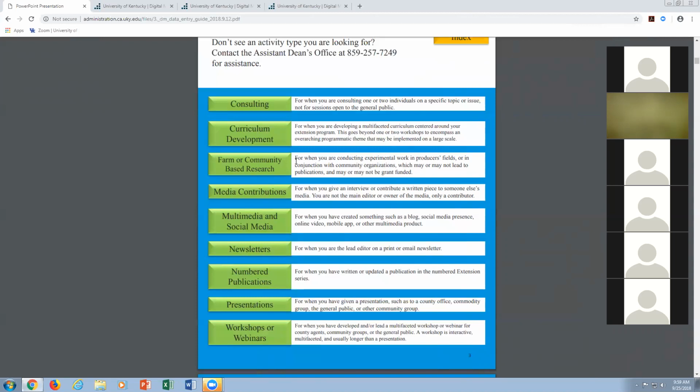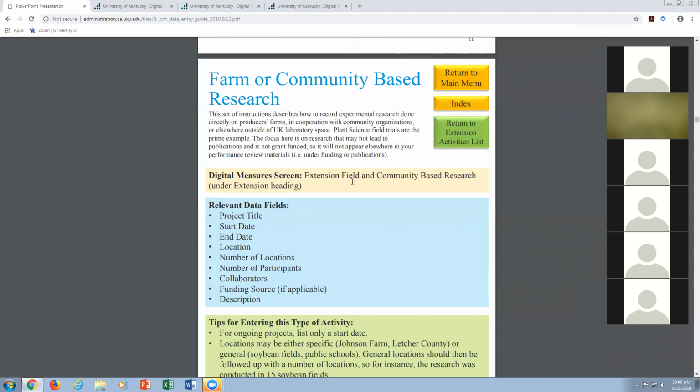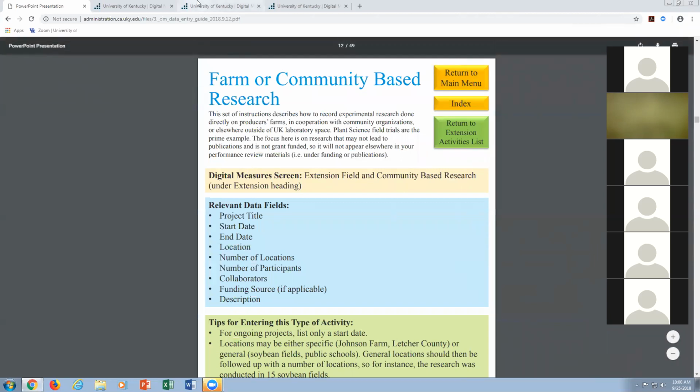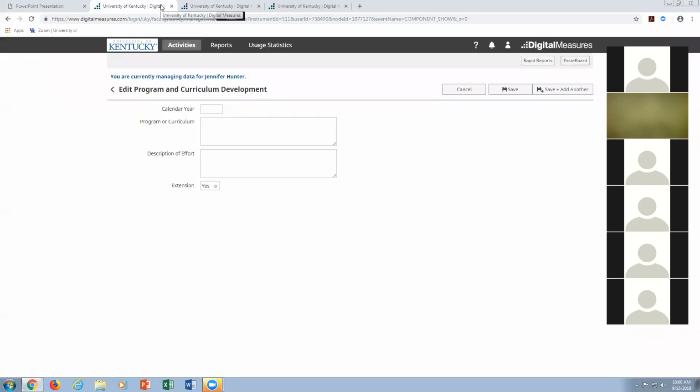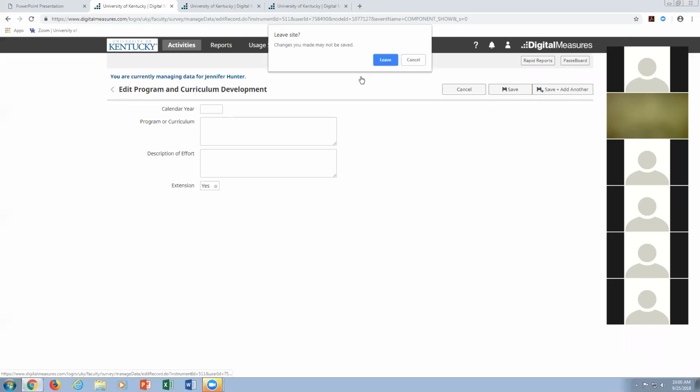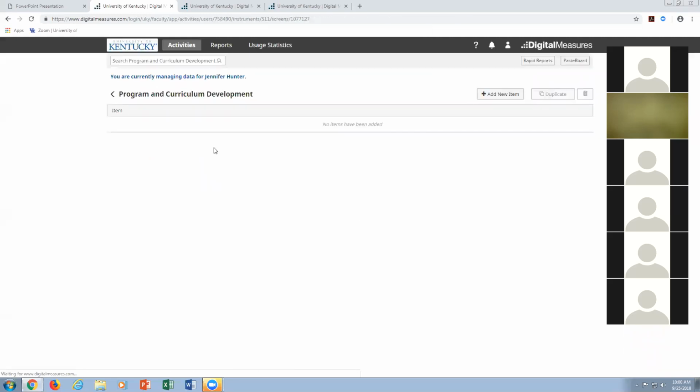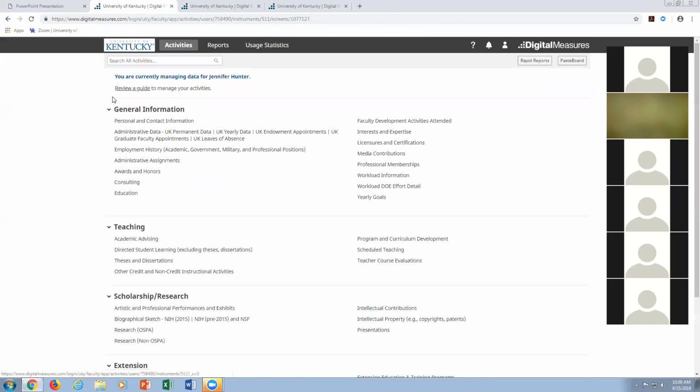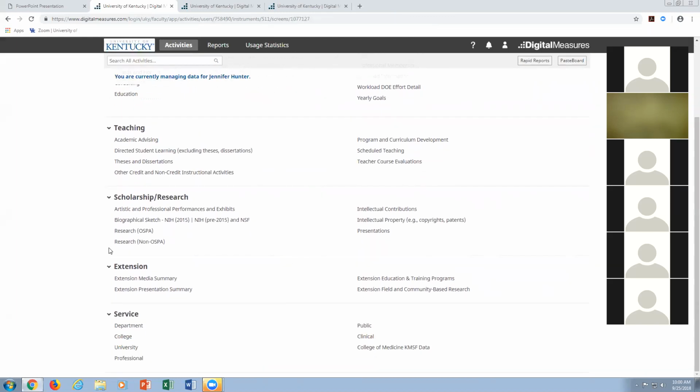So other research that wouldn't appear on your CV elsewhere if it weren't for this screen. Again, the main example of this would be field trials. So that's going to go on the screen, extension, field, and community-based research,